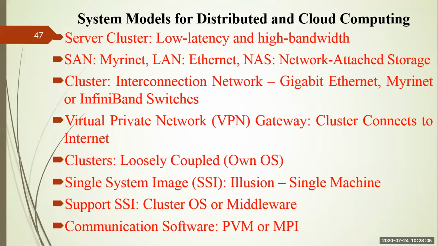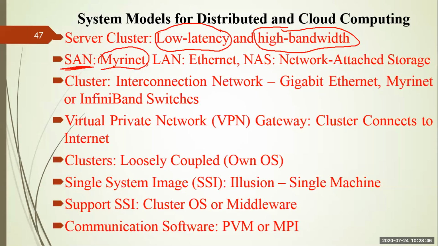So what is our objective? The main objective is low latency. The latency should be as low as possible. Latency means delay. Whenever you are opening your Gmail and giving your username and password, it should open as fast as possible, right? So low latency is our goal in order to get a particular service, and it can be achieved through high bandwidth. If the bandwidth is very high, then the latency is reduced, right? The delay is reduced. But if the bandwidth is not sufficient, then you will get delay in your service, right? So if you are going for SAN, one example of SAN is called Myrinet.